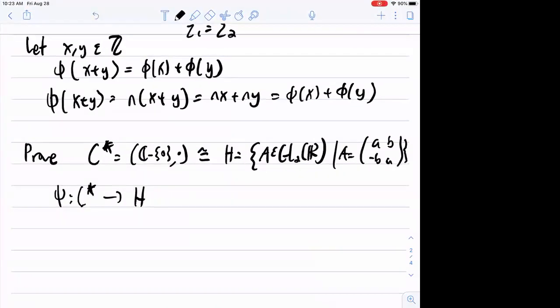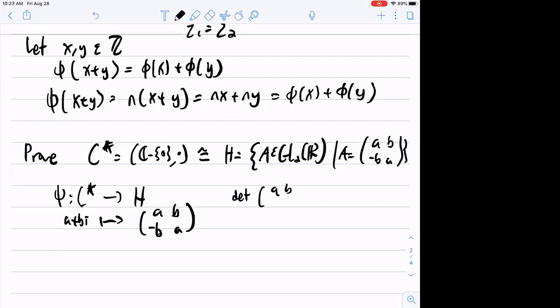So, every complex number is of this form, right? For a, b real numbers. If you had to guess, you send it to this, right? And so the question: why is this well defined? Well,